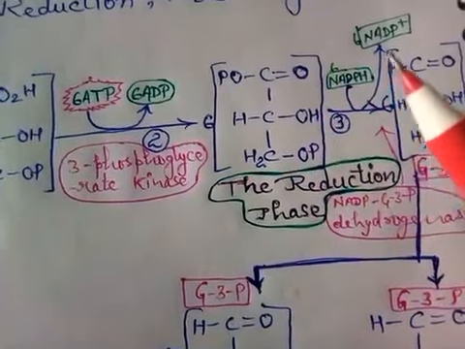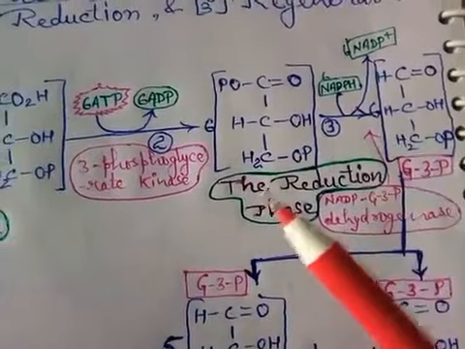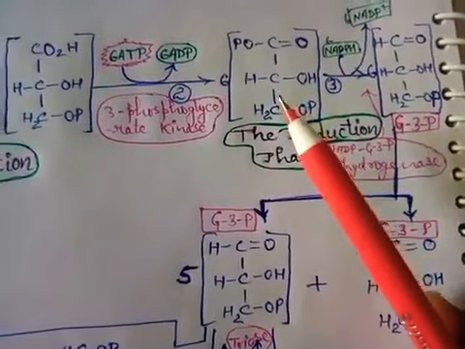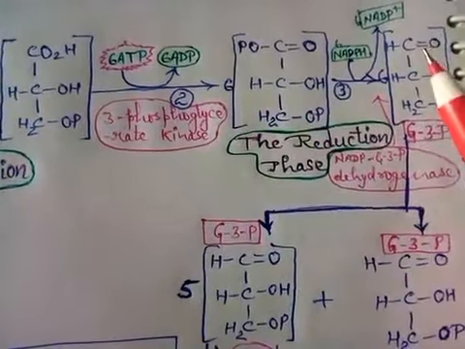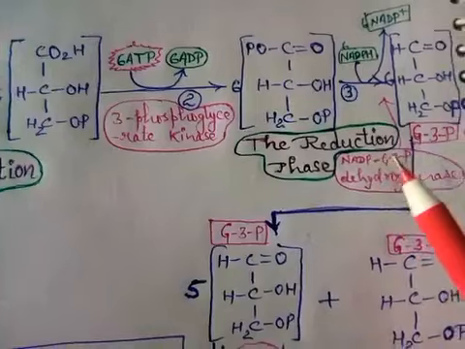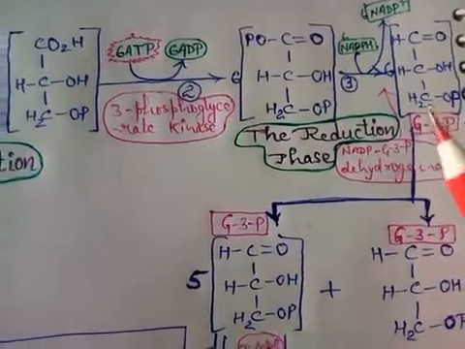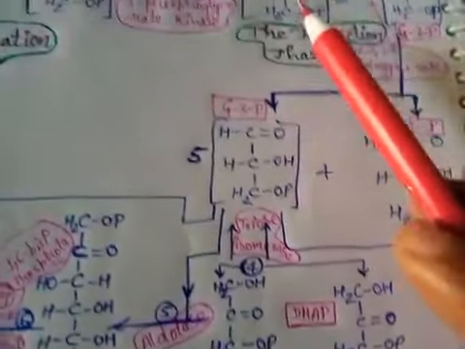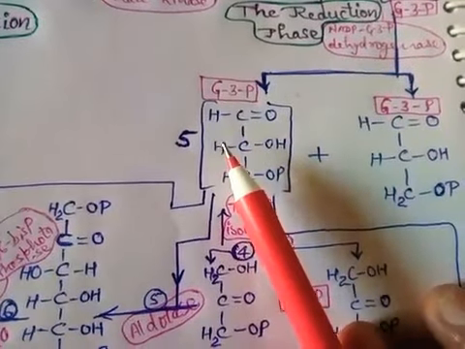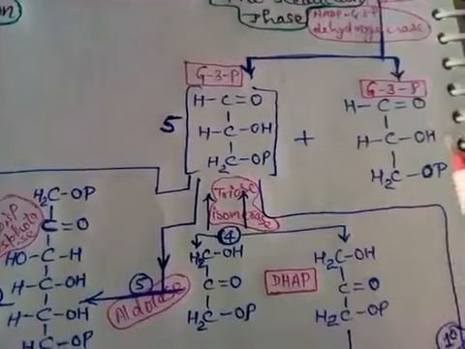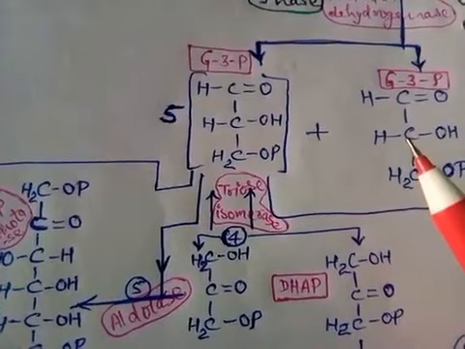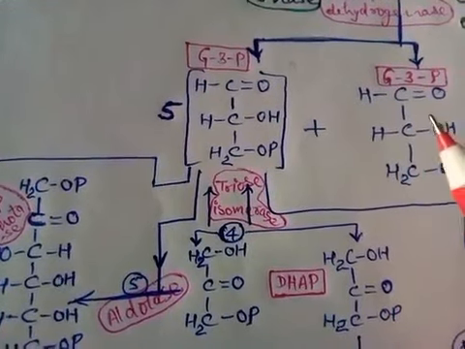These ATP and NADPH are produced during the light reaction. The reaction from 1,3-bisphosphoglycerate to glyceraldehyde 3-phosphate is catalyzed by the enzyme NADPH glyceraldehyde 3-phosphate dehydrogenase. Now of the 6 molecules of glyceraldehyde 3-phosphate, 5 are here plus 1 here. This one is now condensed into the glucose molecule or carbohydrate molecule.